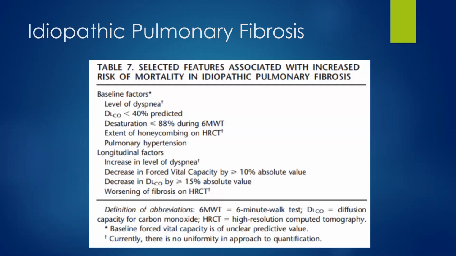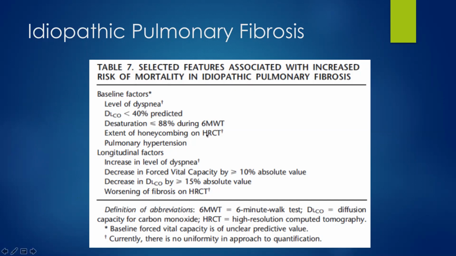Okay, so obviously this is kind of a stupid picture, right? The more short of breath you are, the worse your diffusion capacity is. Diffusion is another one of those tests that we do with a full set of pulmonary function tests. The idea is that it gives you an idea about how well an oxygen particle from the alveolar sac gets into the bloodstream. The more crap that's in between the two, the lower your diffusion will be. And if the space between your alveolar sac and your blood vessel is all scar, your diffusion is much worse. That's what diffusion capacity is.